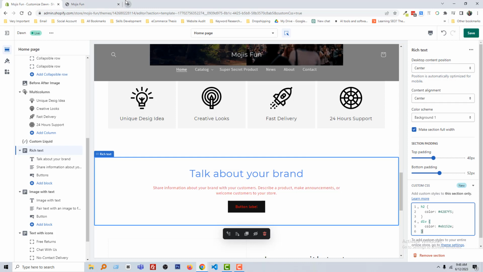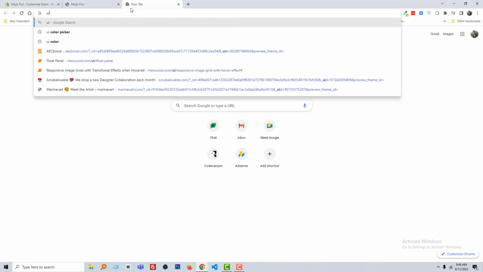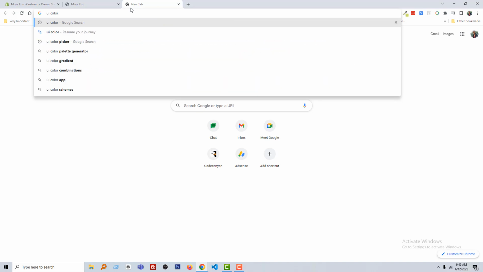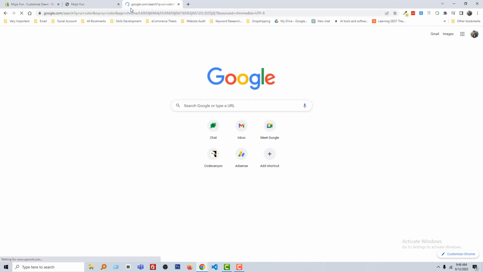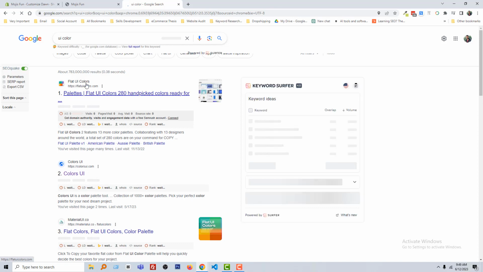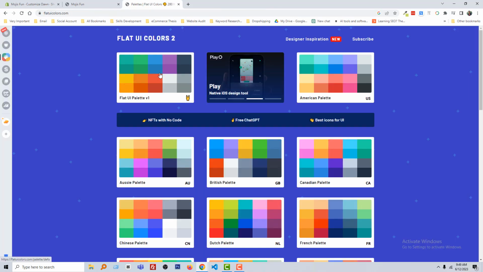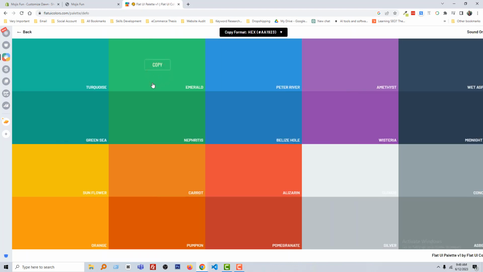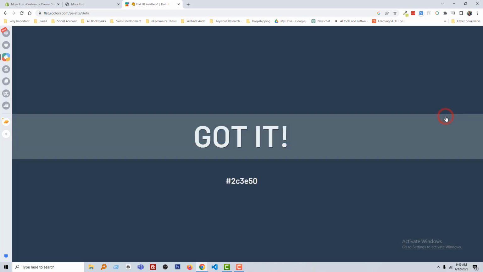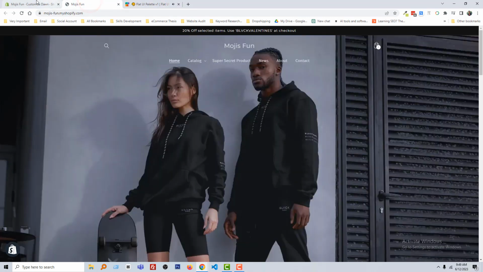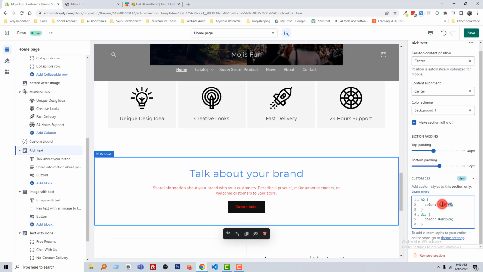Okay, to change this color, just go to UI color, then search on Google. Here's the flat UI color. Click on this link, and from here you can copy any color. For example, I wanted to change my text color. Just click here, it's copied, and go back and simply change the